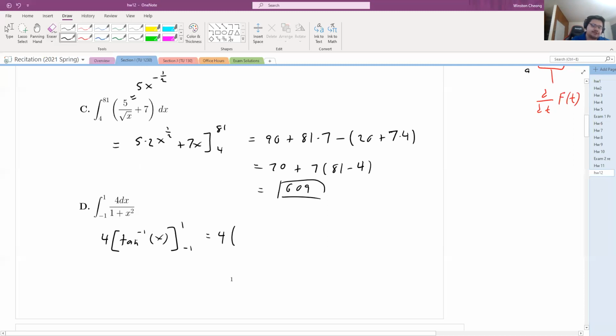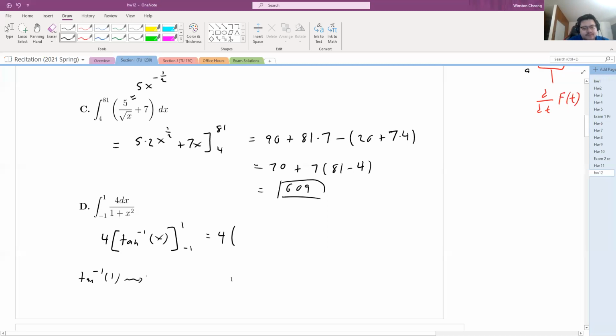I'm pulling the 4 out and just saying I'm going to multiply that by everything that I get from the evaluation. It's just a factoring that I did. Okay, so arctangent, tan inverse of 1. You have to recognize that this is saying the same thing